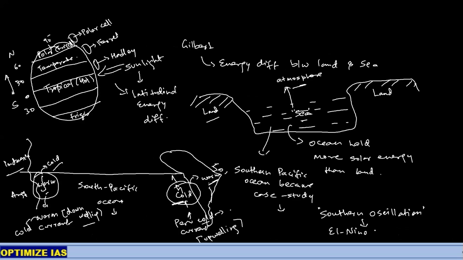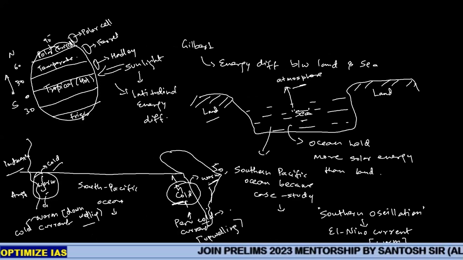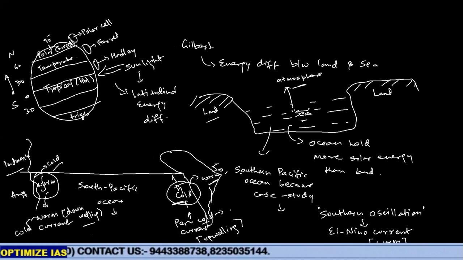El Nino current. So El Nino current is which current? Warm current observed on the South American coast. So that's how he came to the concept of El Nino linking with southern oscillation. That's what this concept is called, ENSO effect. Which effect is called? ENSO effect. I'm giving it very briefly.